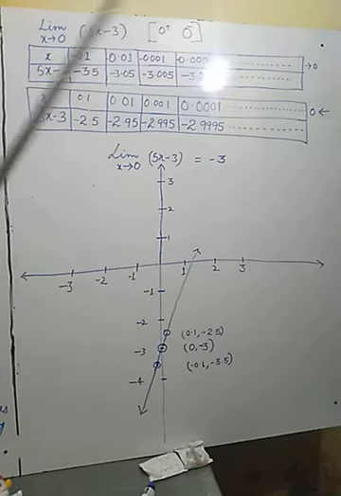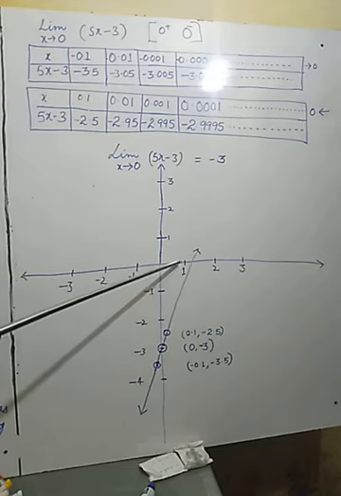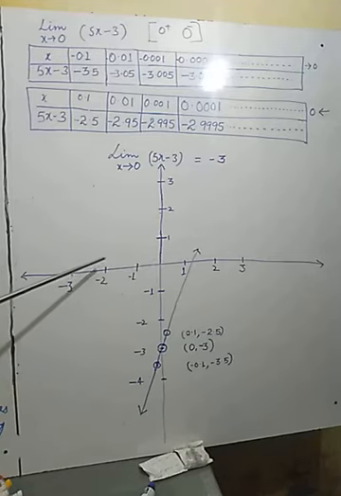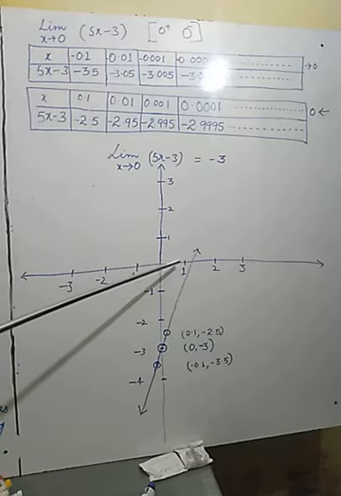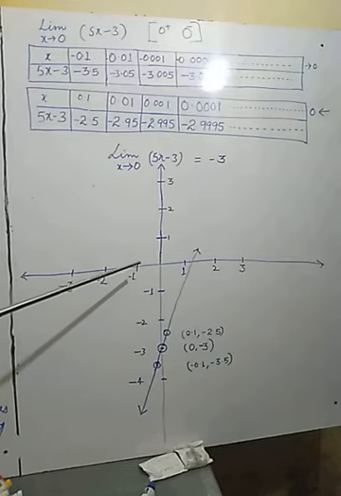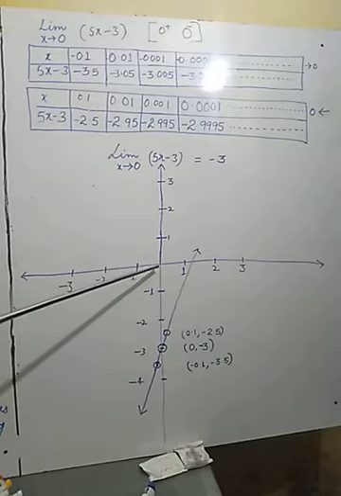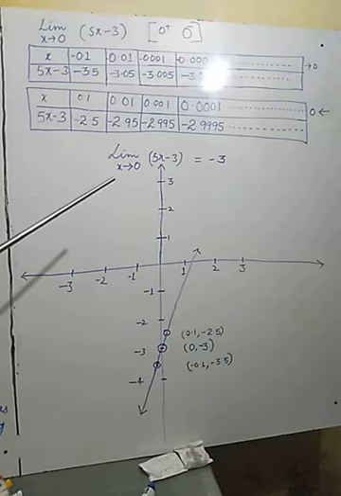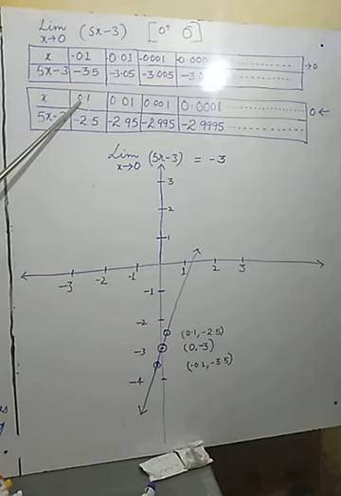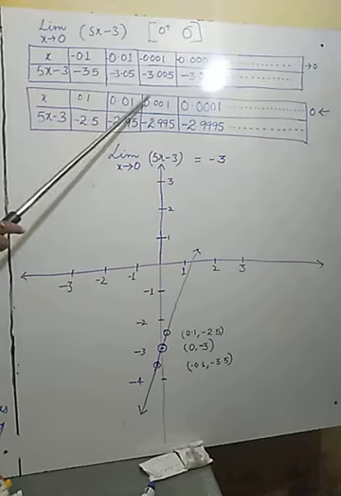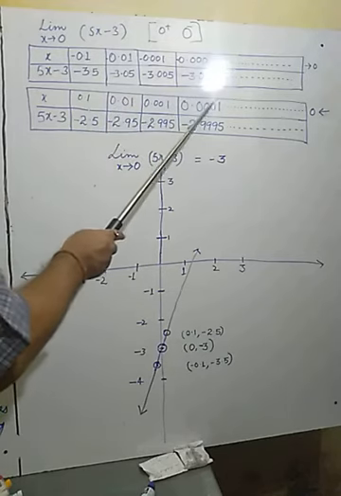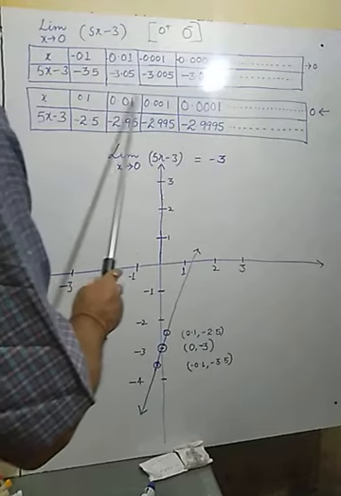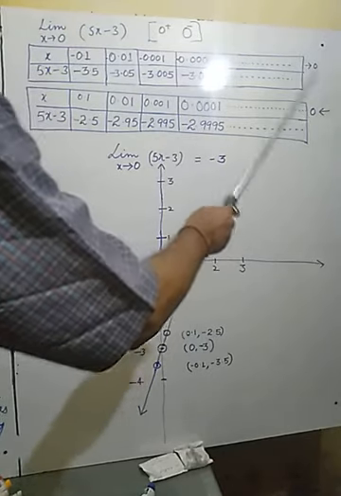Similarly, greater values can also be taken, and they will also approach 0. One value will be here, the second here, and so on. It means positive values are approaching 0 and negative values are also approaching 0. So let us see what happens. Now we take positive values 0.1, 0.01, 0.001, 0.0001, all approaching 0.